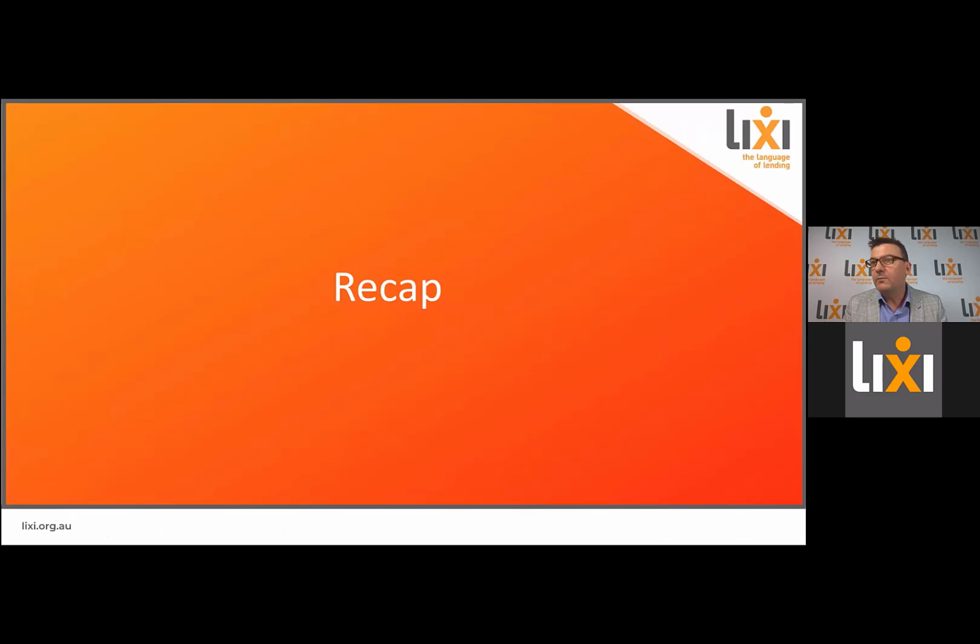So just to recap, getting to the end, I hope I've given you a flavour for the type of automation that we're using actively here at LIXI when we're managing the standards. And I'd like to see our community use a lot more in order to shift left on the software delivery lifecycle to reduce the cost of those data integrations using LIXI2. And as I said before, it's only once you start plugging the various components together with automation that the real opportunities start to present themselves.